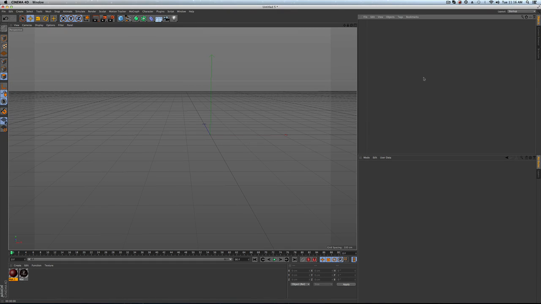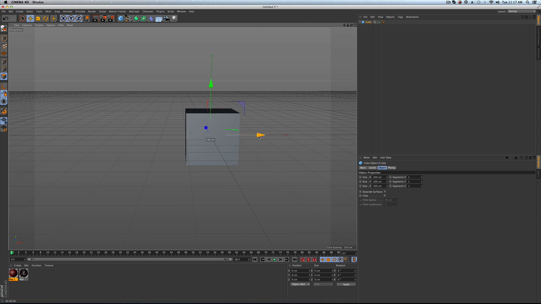So in this Cinema 4D tutorial, we're going to talk a little bit about how to place your logo onto an object and the different ways in which you can do that, and it can be a little bit frustrating. So we're just going to dive right into it. Let's grab a sphere,